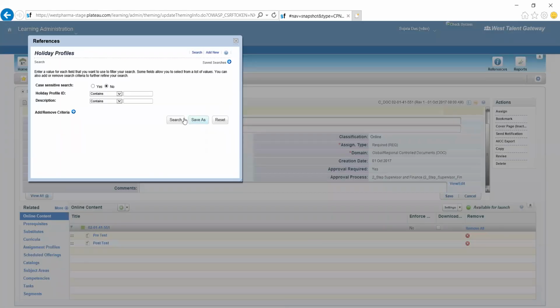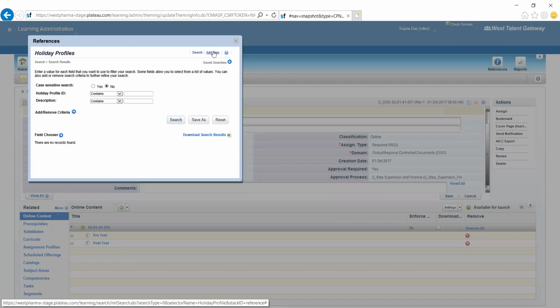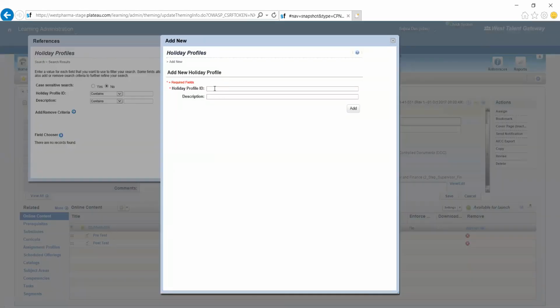So what is the difference between holiday and holiday profile? If we go to holiday profile, holidays are actually part of holiday profiles. Holiday profile you can think of as an annual calendar. It is just an ID we are giving. It is a specific India-specific holiday calendar. Suppose in India we have 29 states, so different states will have their own holiday calendar. So I'll say holiday calendar HC underscore Delhi. This holiday profile is basically the Delhi holiday calendar,